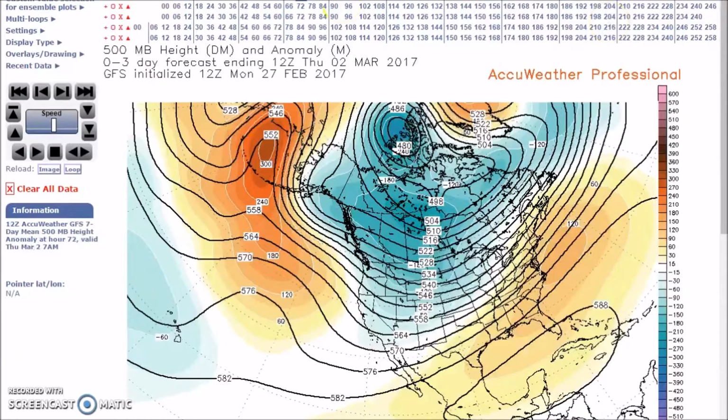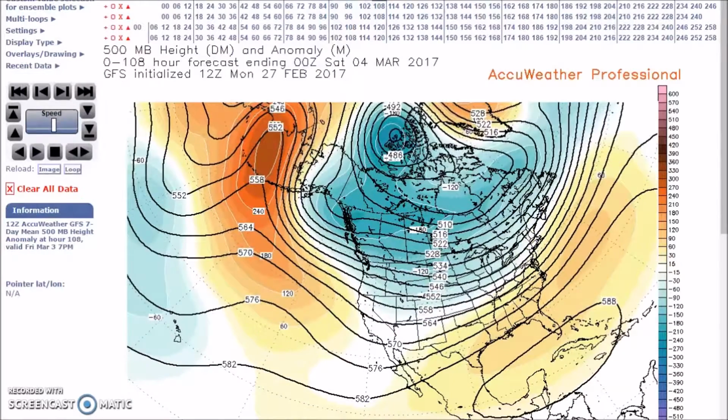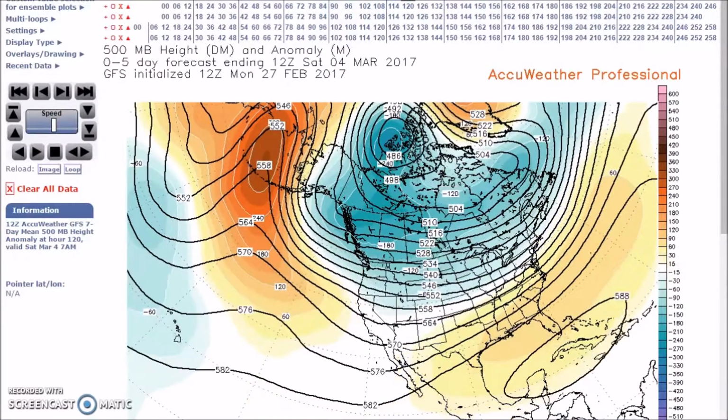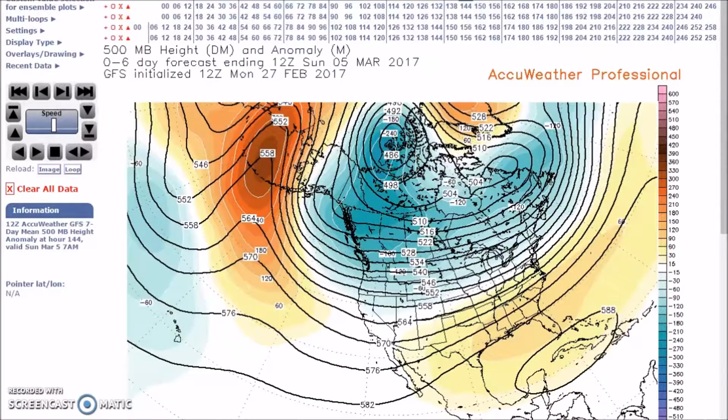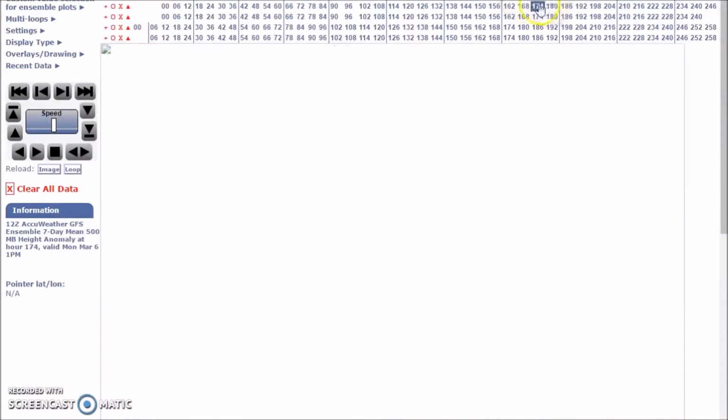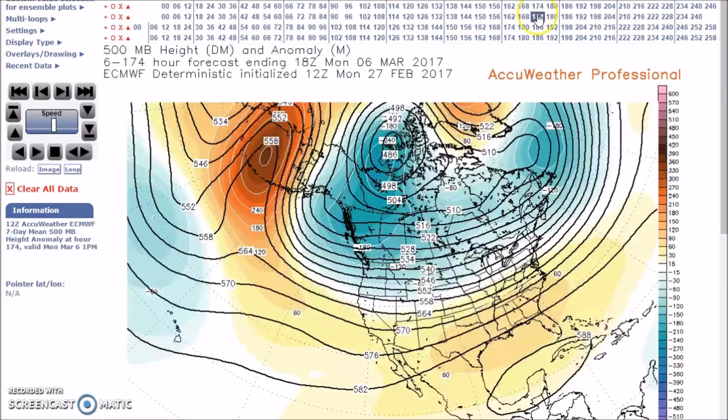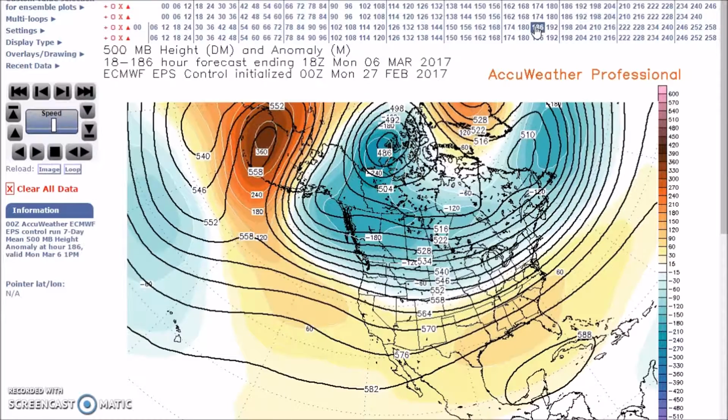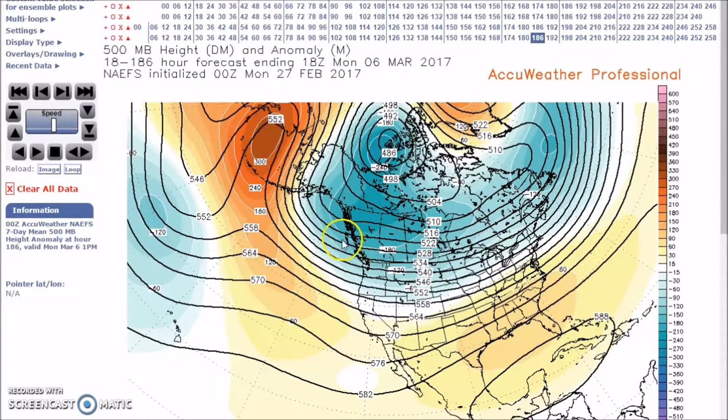This is a GFS, and I'm going through the days. And you see the flow still flattens. We have above normal heights to the south, below normal heights to the north. And I don't have the GFS ensembles, but here's the European deterministics, European ensembles, and the Canadian, all showing generally a zone of flow, above normal heights across the south, below normal heights here, a ridge here over the Bering